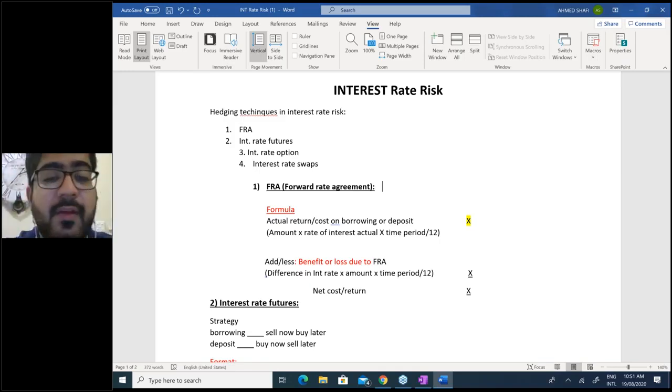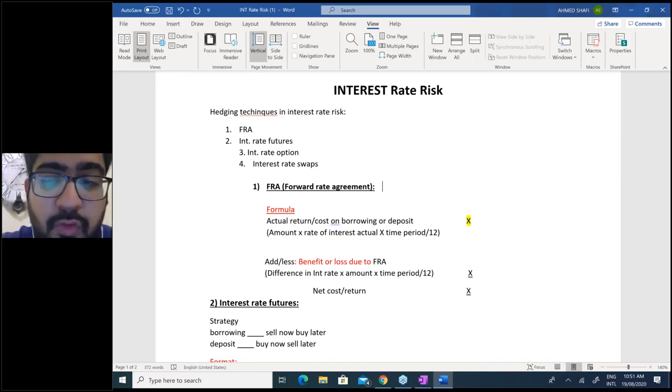Same goes the other way. Let's suppose in the second transaction, you judge that you have got a loss due to FRA. You can add loss as well as deduct loss, depending on the first transaction. If you got a borrowing case, and in the first transaction you wrote cost on borrowing, and then you judge it's a loss, loss increases cost, you need to add it.